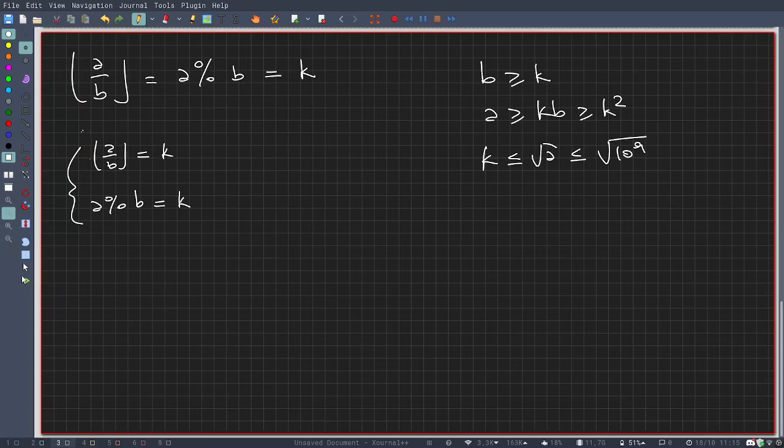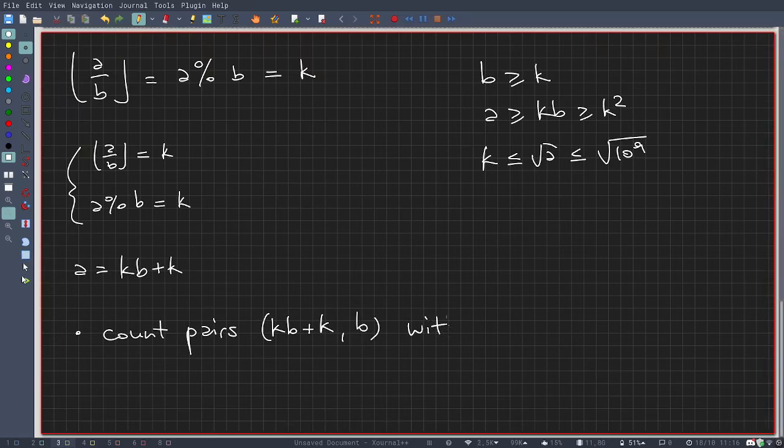Because now we are just writing a in base b, and both the digits are k. So we have a equals kb plus k. So the problem just becomes count pairs kb plus k, b